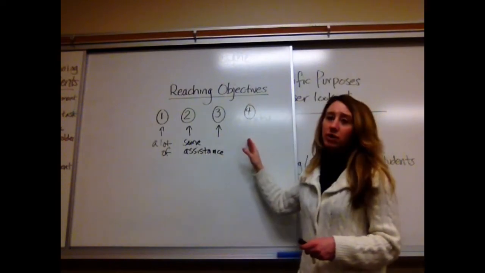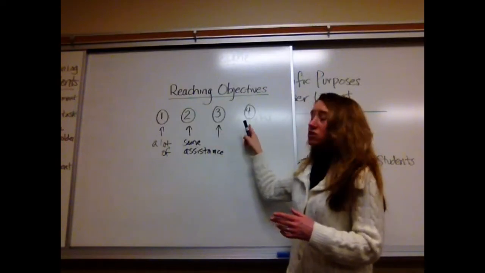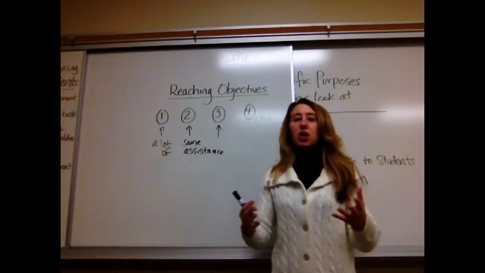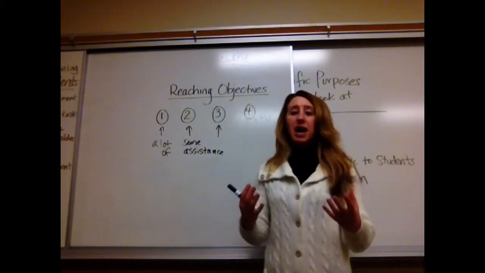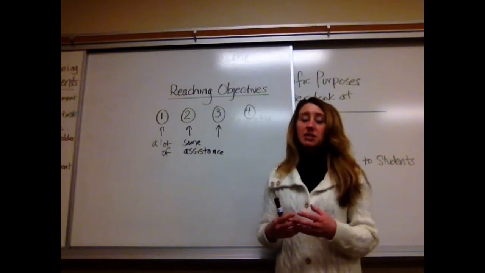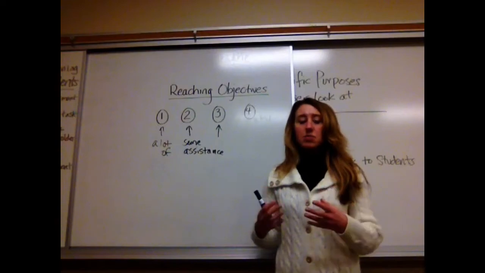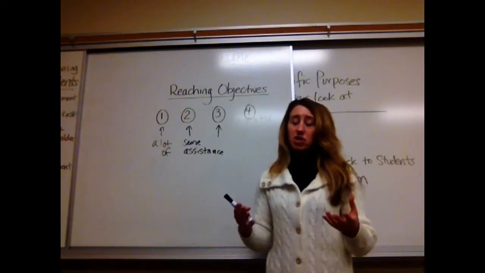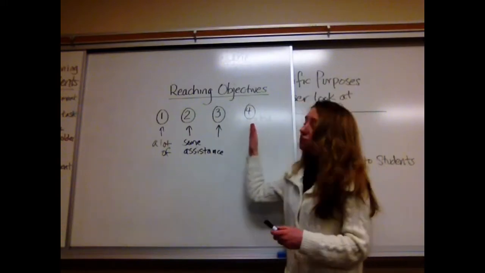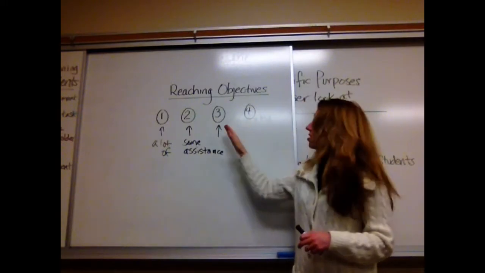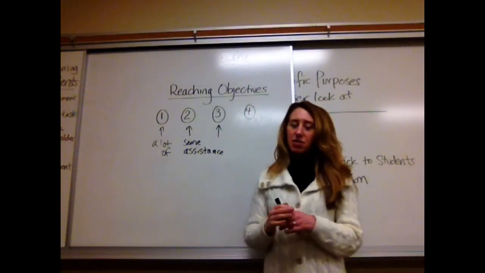So what's a 4? A 4 means not only are they independently able to meet the objective, but they're going over and above. They are using vocabulary in ways that you hadn't even expected or needed. They are able to apply information about pragmatics in ways that you hadn't even needed or expected to. So 4 is over and above. 3 is our goal, but the reason I bring this up is because I think it's a